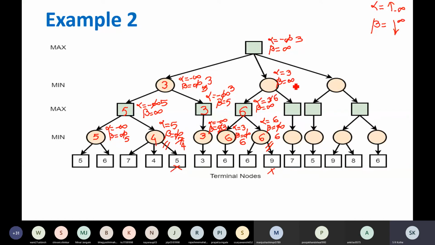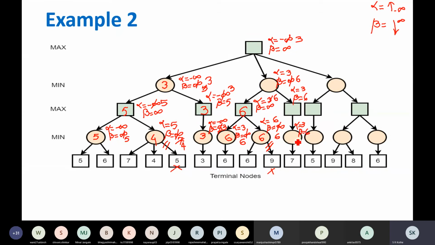What is beta? Infinity. So what will be the new value of beta? 6. 6 is better than infinity, right? Correct. Copy these values down. Now alpha is not greater than beta. See, 3 and 6. So go down. Alpha is 3, beta is 6.